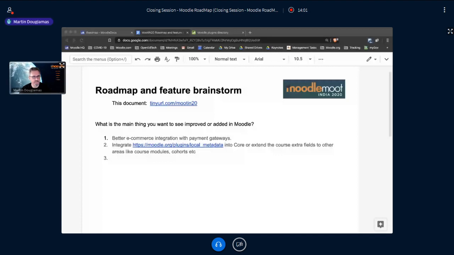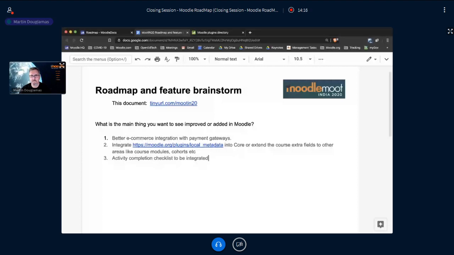Activity completion checklist to be integrated, from Sushumna Rao. I need a bit more information on that, actually. Can you post a link to it? Do you mean the activity, mod checklist?